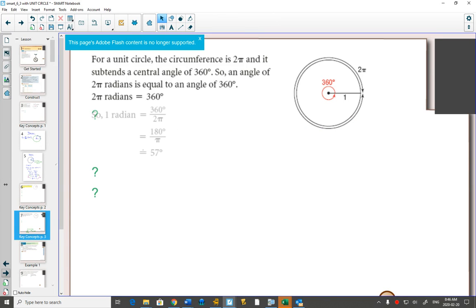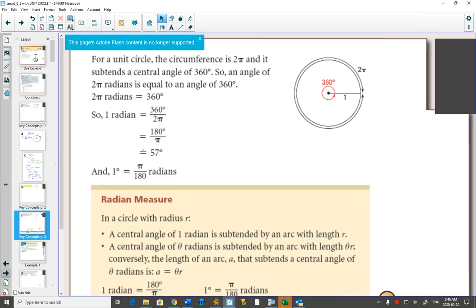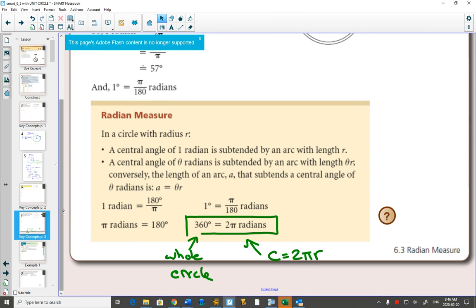And on your next page, where they have this radian measure, the one in the green box is the one that you're going to be able to remember the easiest. You know that in a whole circle there's 360 degrees. And you know that the circumference of the whole circle is 2 pi r, so there's going to be 2 pi radians